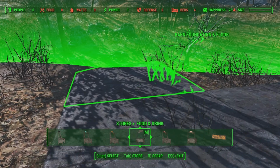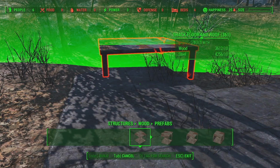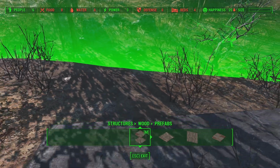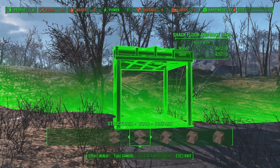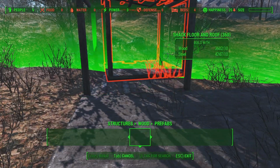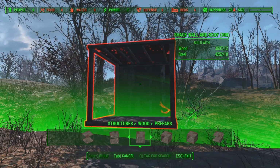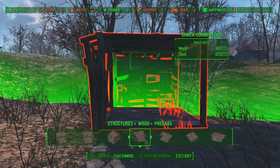Let's see if we can build a little covering for it. Like if we go to pre-built, yeah, something like this. We might not even need this piece here. Just like a pre-built, and I like how the pre-built has the roof on it already. Like if we put that there. Oh, there's ones with walls though. Let's see what the ones with walls look like. I don't want too... Oh, no, it doesn't have that... I mean, I can always put my own roof on it. Let's see what this looks like. That could be...